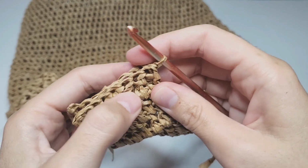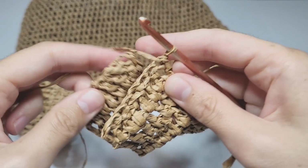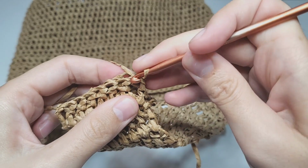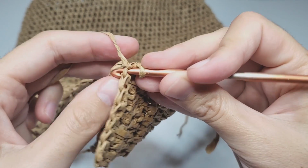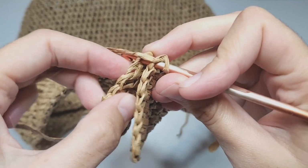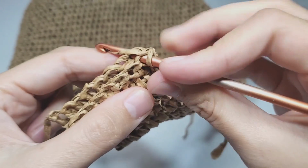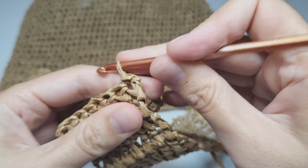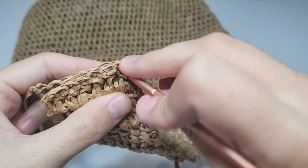Okay, I have 8 stitches in every handle. That means I need to make 8 stitches too. I will make my seam by making slip stitches. So I insert my hook into the first layer, then into the second layer, like first stitches of each layer, then yarn over, pull through all loops that I have, make this loop a little bit bigger, insert my hook into the next,